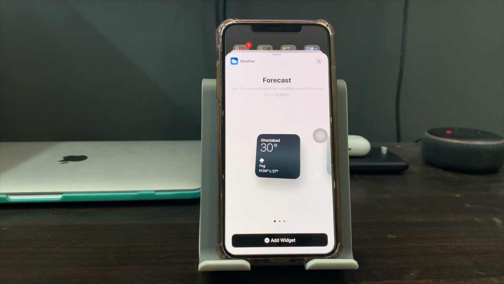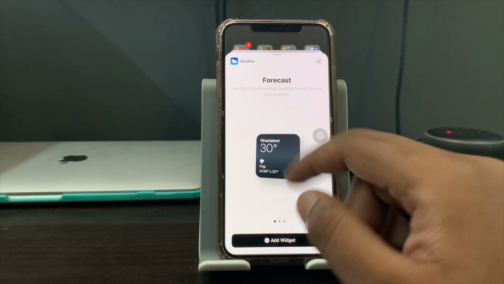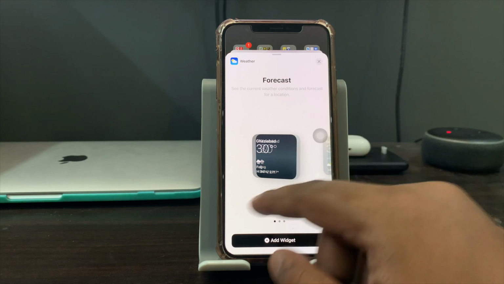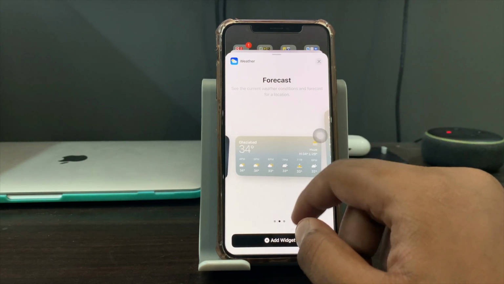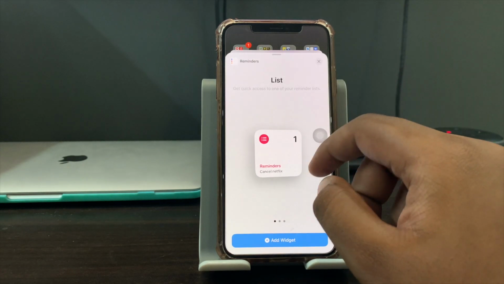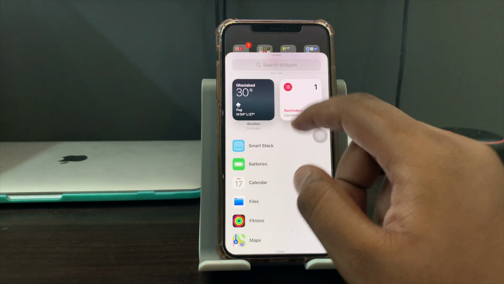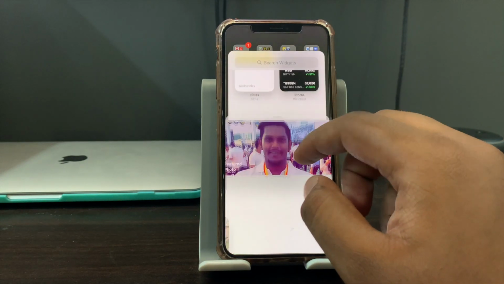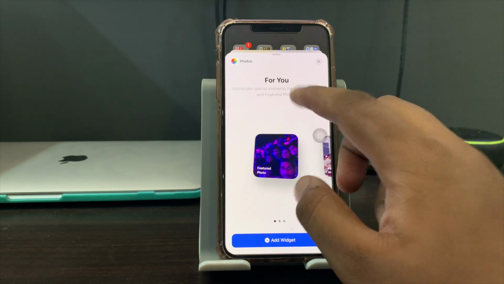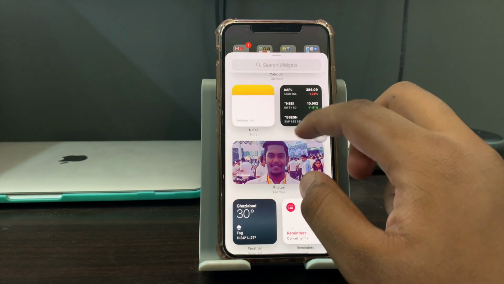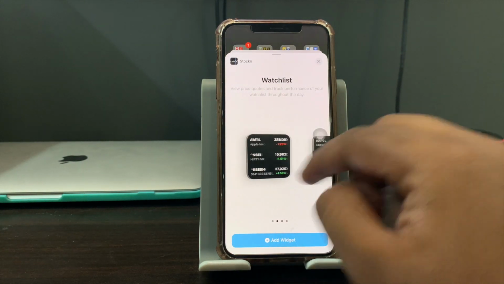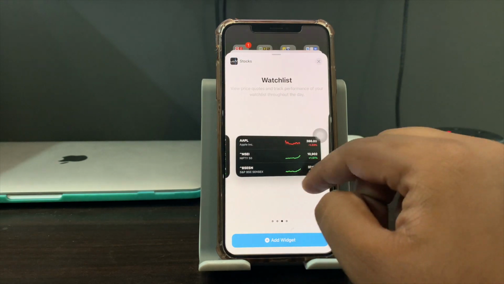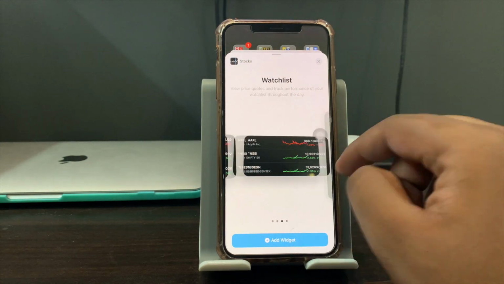Also, there are different sizes available for particular widgets. Suppose like weather here, we have 3 different sizes for weather, for reminders, for photos, for stocks. Also for stocks we have 4 new widgets, not 3.